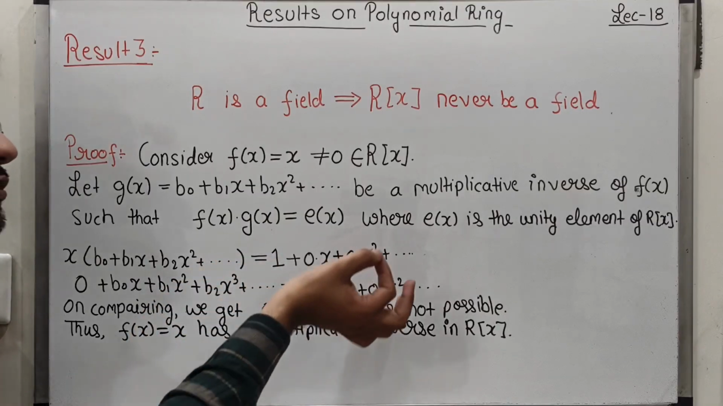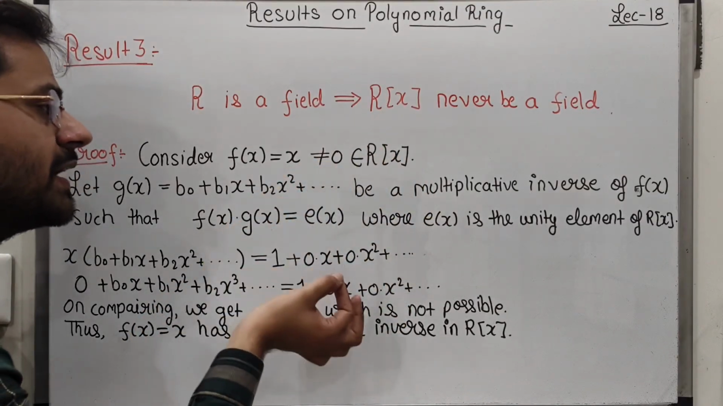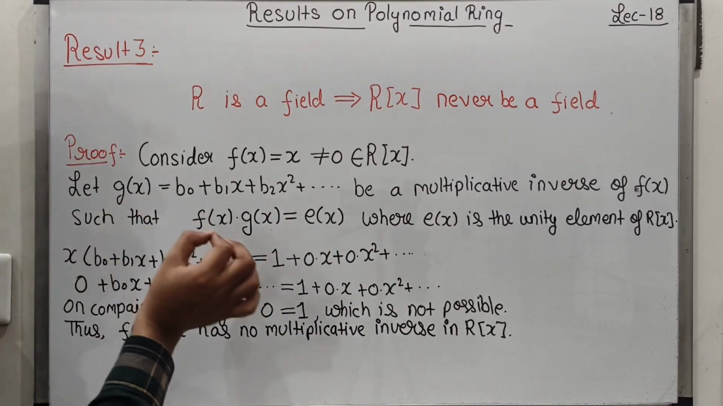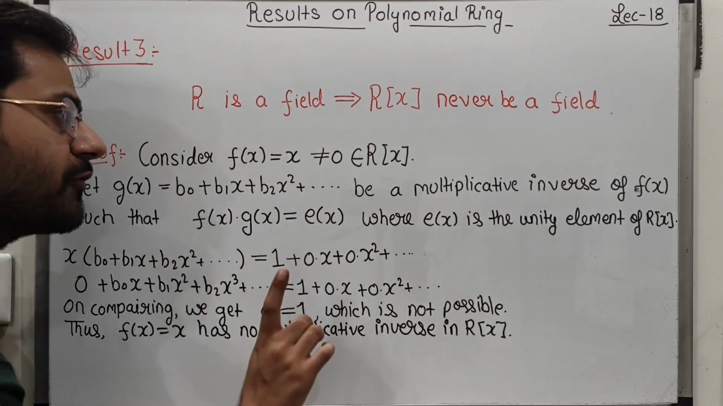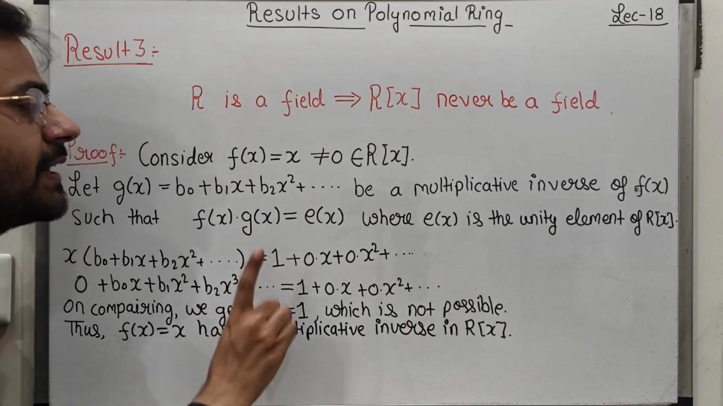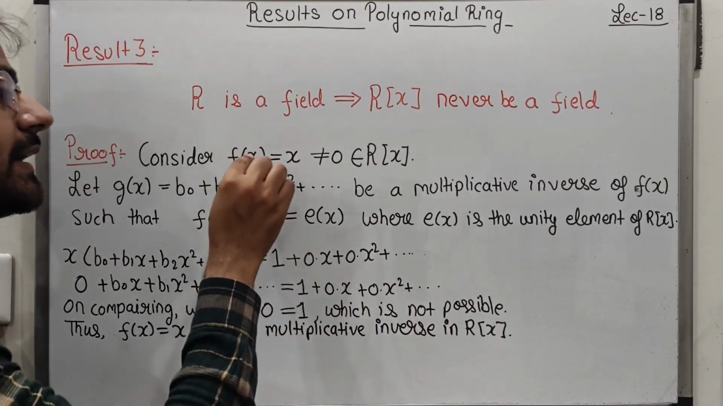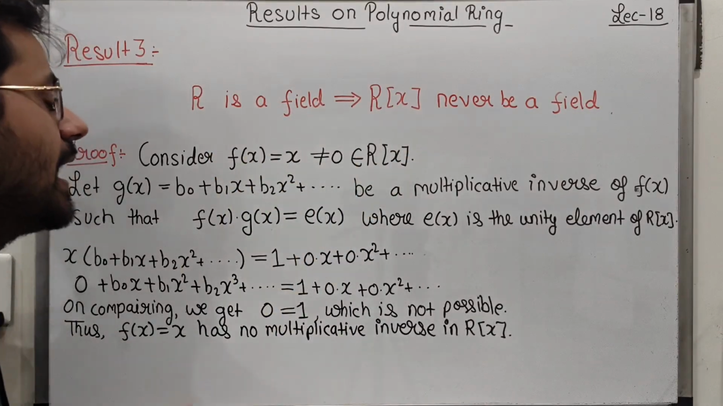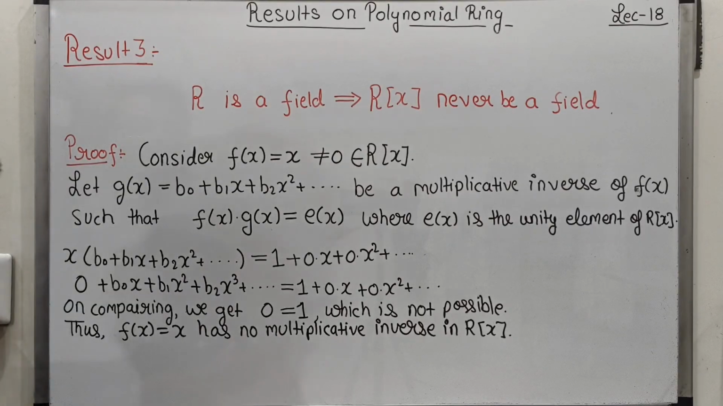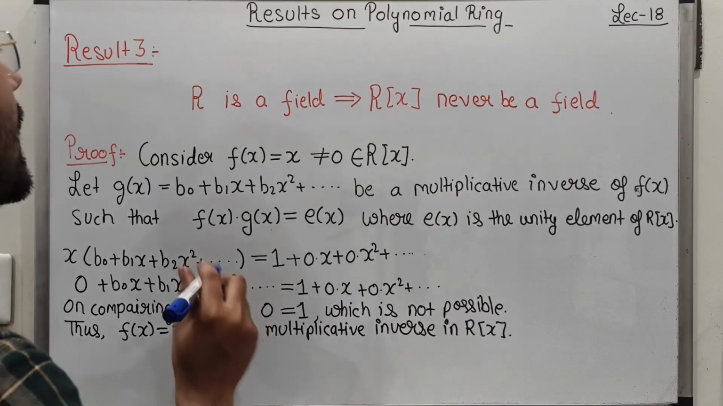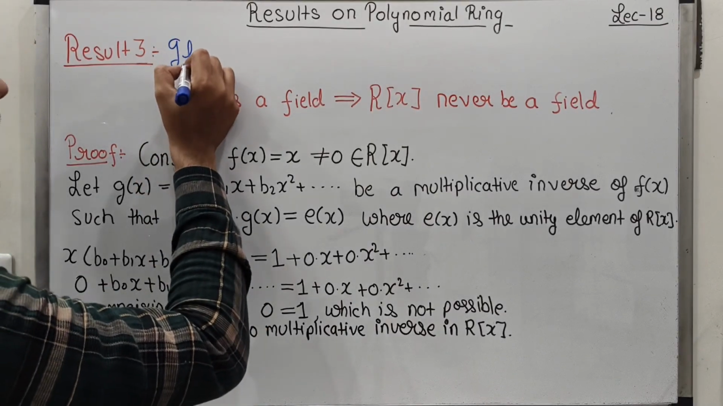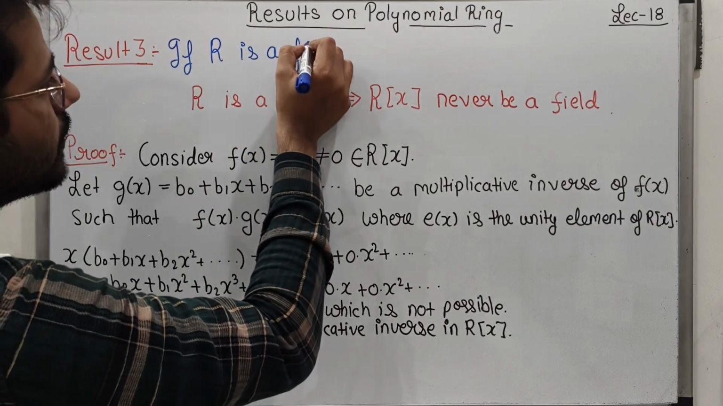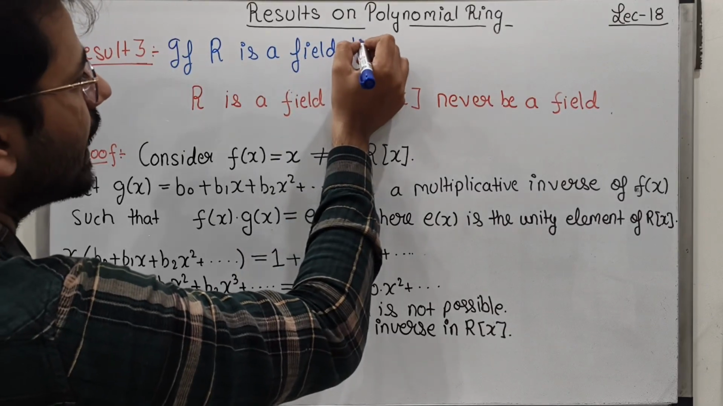And if we are able to show at least one element whose multiplicative inverse does not exist, we define that this is not going to be a field, because for a field every non-zero element has a multiplicative inverse, and this condition is not fulfilled by any polynomial ring. As a result, if I have to write the statement of this result number 3, I can say: if R is a field, then